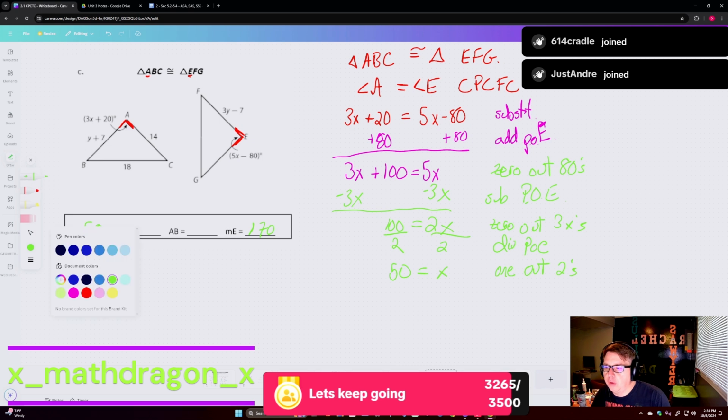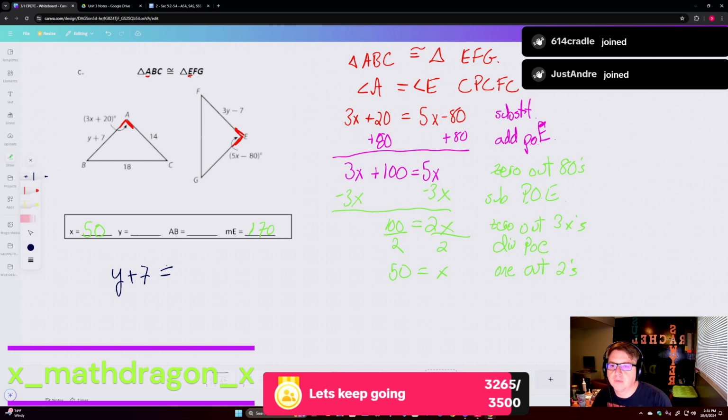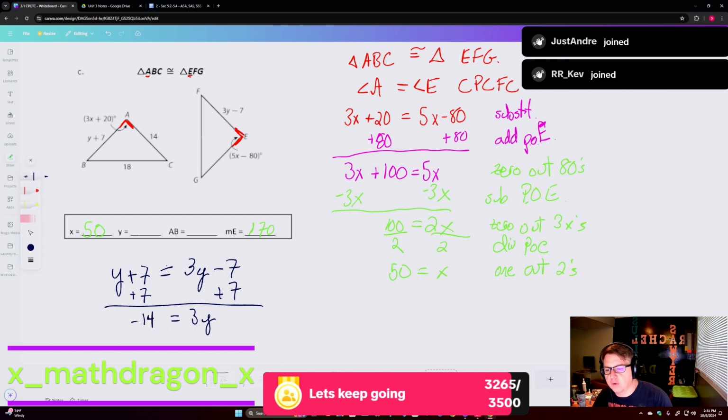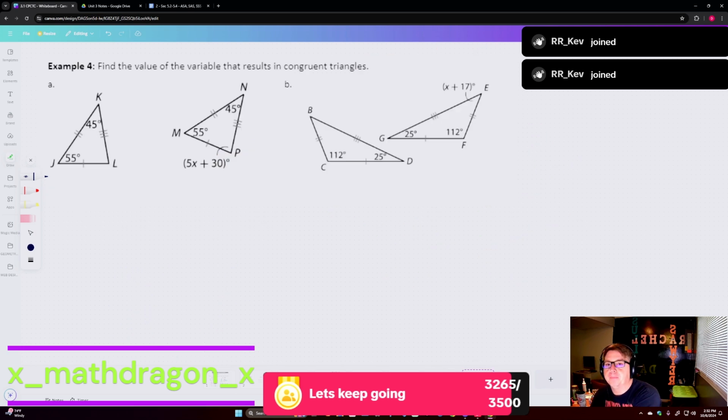Okay. Real quick, let's set the other ones up. So I have y plus 7 equals 3y minus 7. We can add 7 to both sides. That's going to zero out my 7's, and I'll have 14. Then minus a y, I will have 2 y's equal 14. That means y will equal 7 when I divide both sides by 2. And then plug 7 back in, AB should be 14. Double check those numbers, make sure you did it correctly. But now,